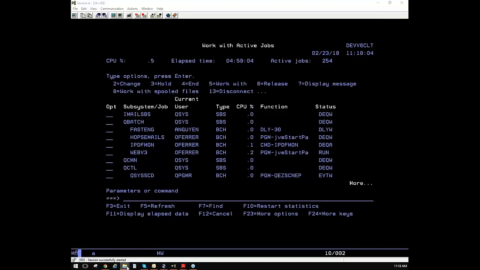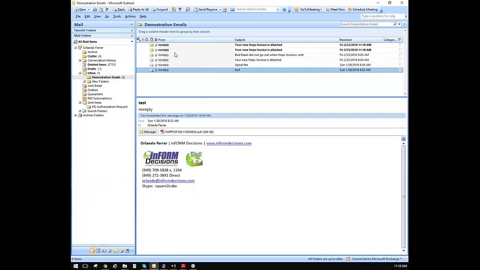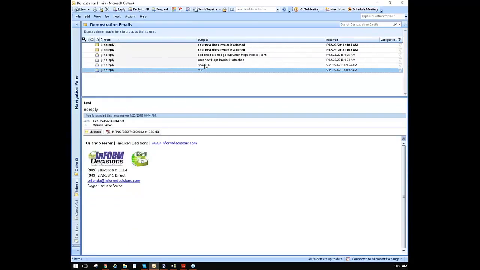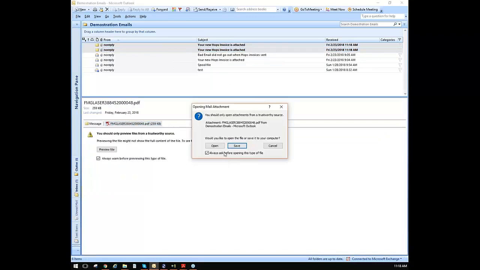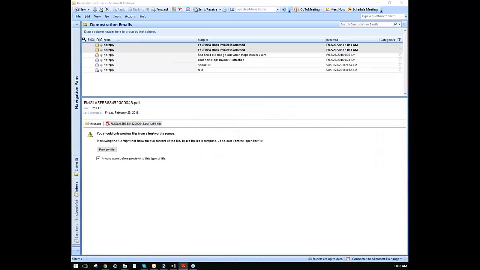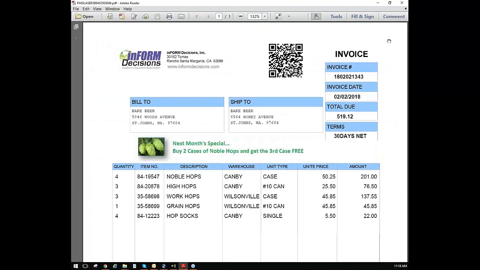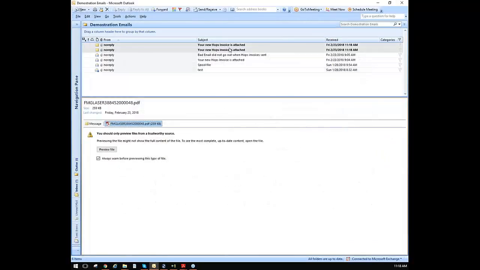And at the same time, I actually should see in my emails, we'll bring that in here as well. You'll see the two emails that have just come in as well. Those are the brand new ones that just came in. And it has our information in there, our signature line. It actually go in, open that up. There's our invoice that we sent out. And again, remember, we did two because we actually have a two-page invoice to two different people, and we burst